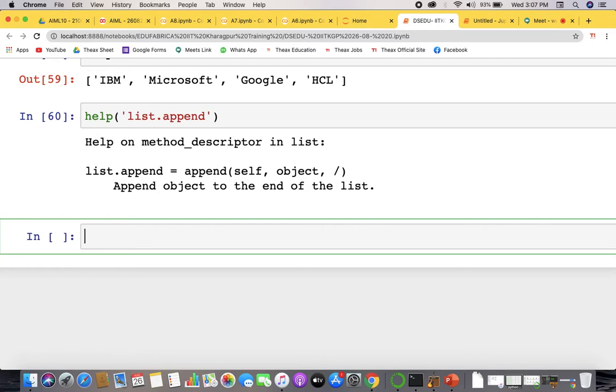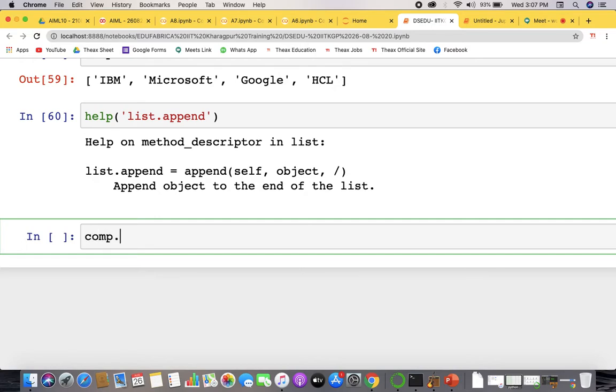Extend is something you use when you have multiple elements to add to your list, more than one element. First, let's just write it.